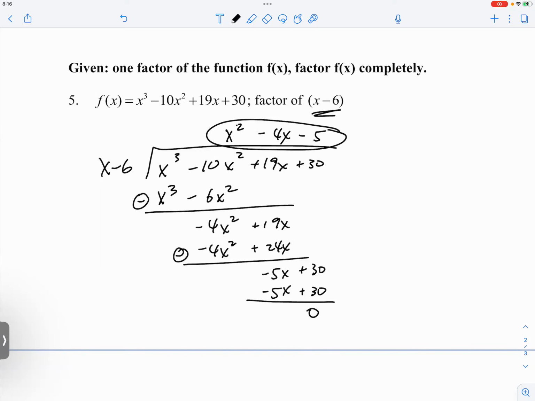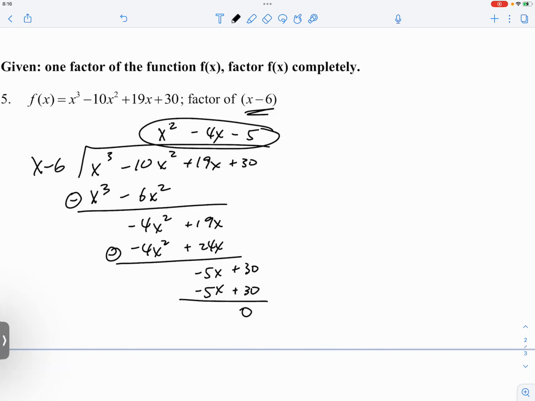So that means x cubed minus 10x squared plus 19x plus 30, it's equal to what? Okay, it's like I tell you, 3 is a factor of 18, right? So that means 18 could be represented by 3 times 6. So in this case, it will be x minus 6 times